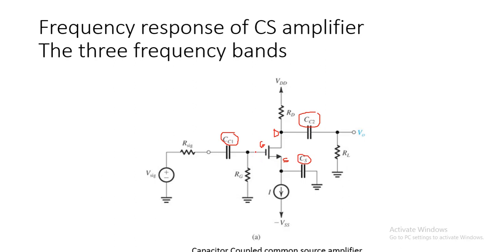Two more capacitors which we have to consider are the gate to source capacitor CGS and the gate to drain capacitor, from this point, it is CGD. We have to consider all the capacitors, the coupling capacitors and the internal capacitances, that is CGS and CGD, and check the effect of these capacitors on this common source